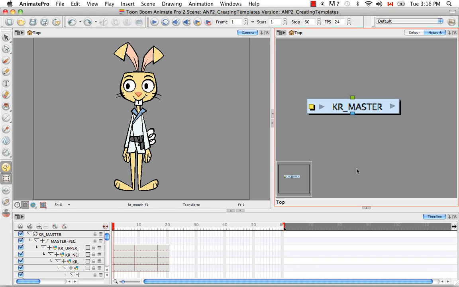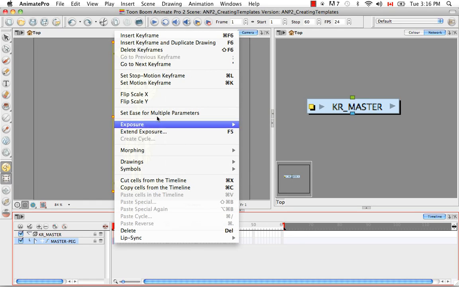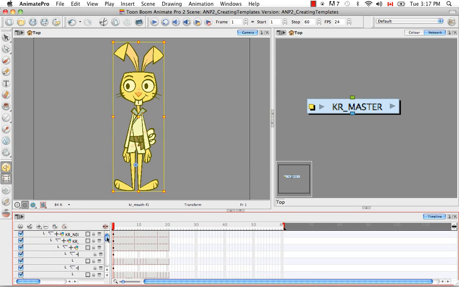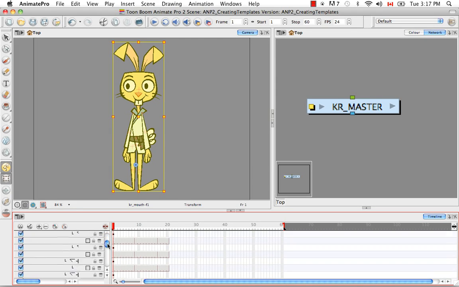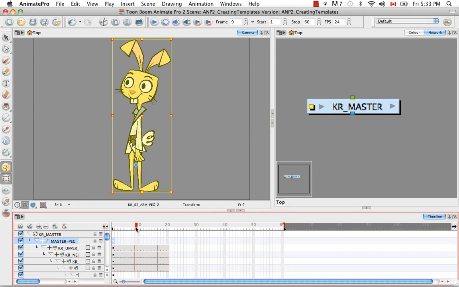The next thing we need to do is add a keyframe for the first column of every view in the timeline. So the fastest way to do this is actually to collapse the master peg. And then on that cell, you can right click and either go to the menu item, insert keyframe, or use the keyboard shortcut Command F6 for Mac, or I believe Control F6 for Windows. And then if you uncollapse your peg, you'll see that there is now a keyframe in the first cell for every layer. So we're going to do the same thing for the 3/4 profile view,